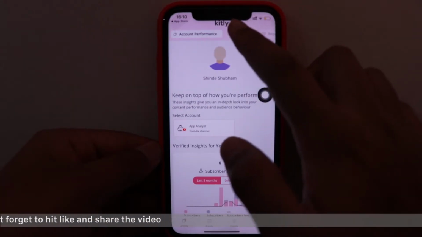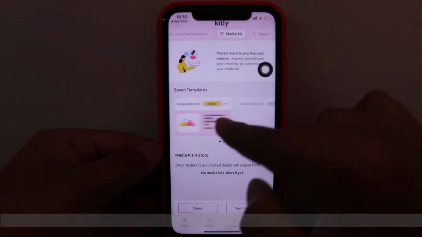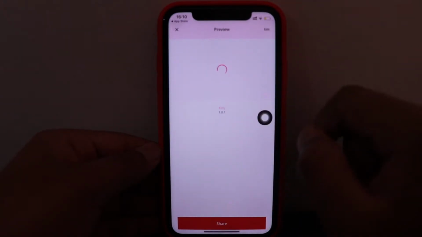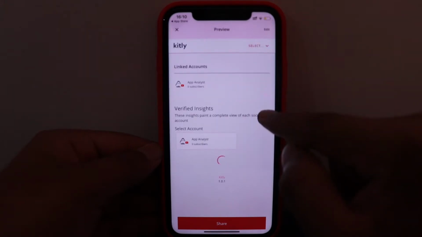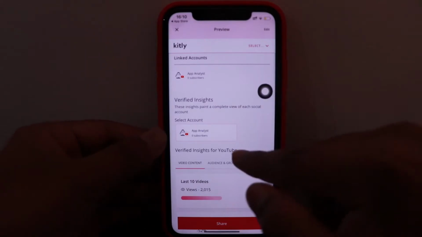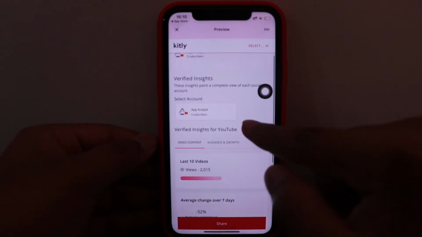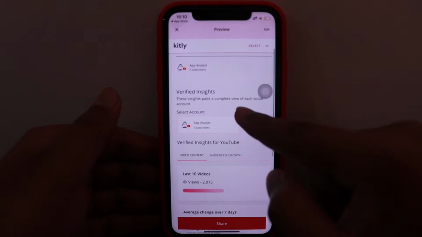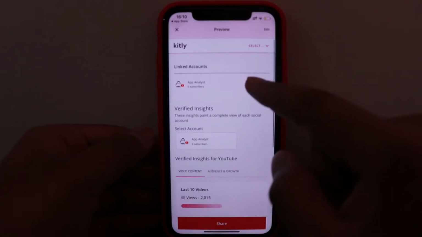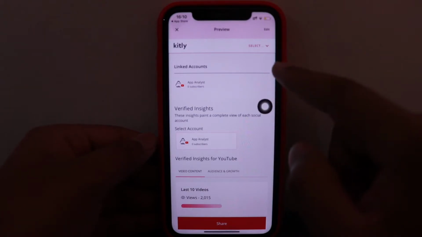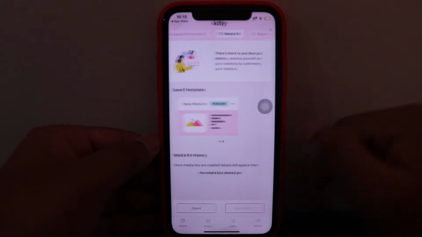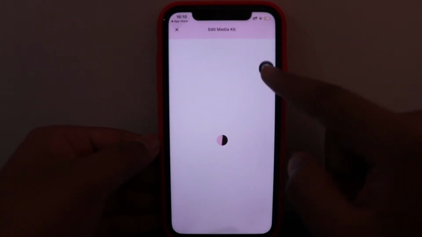And then you have the option of a media kit, wherein you can create a kit. For example, if you are having a collaboration with some specific brand and you are planning to post an IGTV video, you can connect your social media account here as well. You are planning to post a video with this content, so you can create a media kit and then select its status. You can add all the details. So let me just show you creating a media kit. I can just create a new media kit.